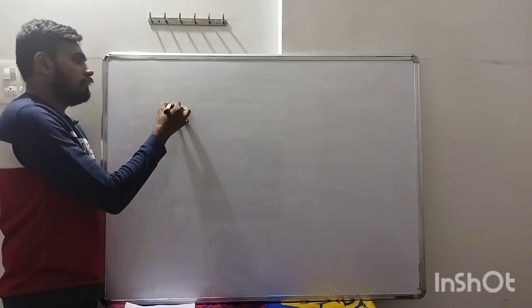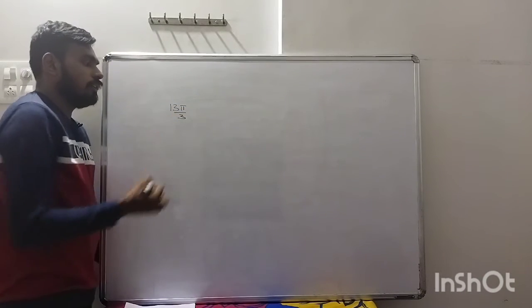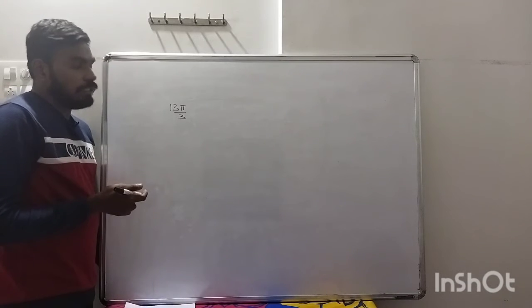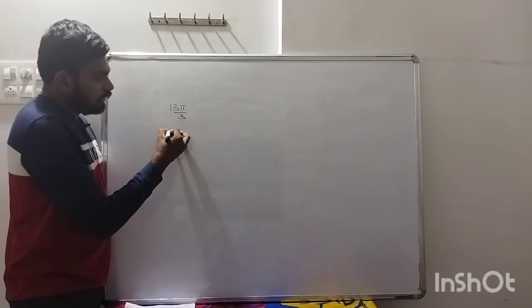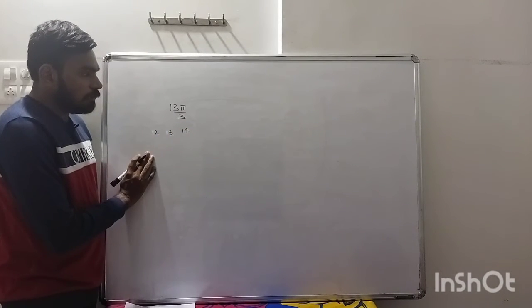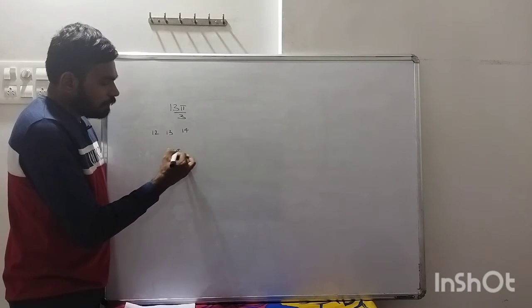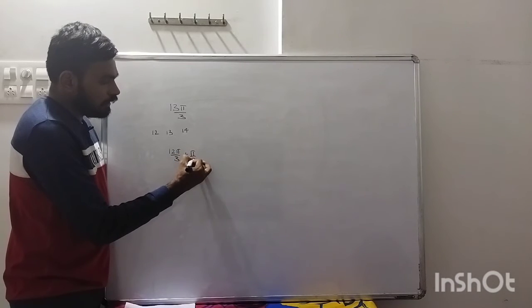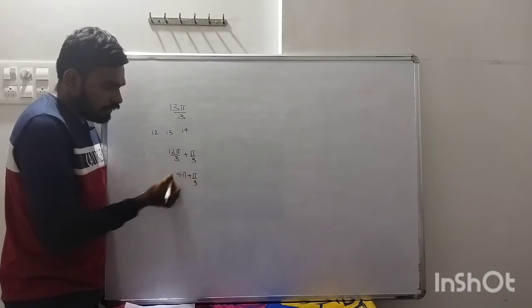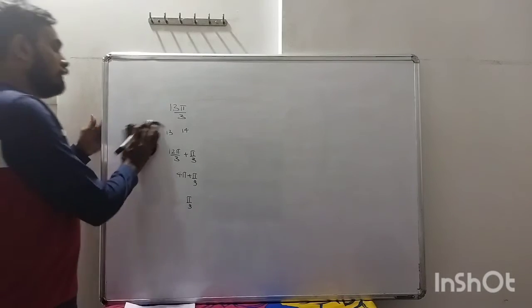If I'm given 13 pi by 3, okay, so what will we get? 13 pi by 3. See, 13 is there, 12 is there, 14 is there. Out of this, which one is divisible by 3? Obviously this. So I write this as 12 pi by 3 plus pi by 3. Correct? 12 pi by 3 is what? 4 pi plus pi by 3. Then I simplify this to pi by 3 and write the answer. Understood now? This way.